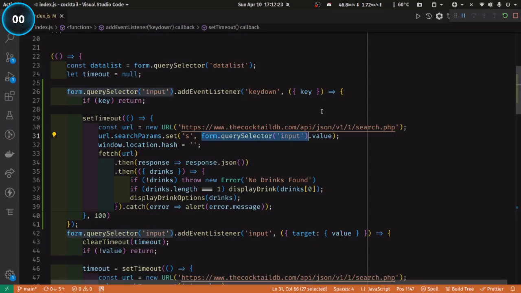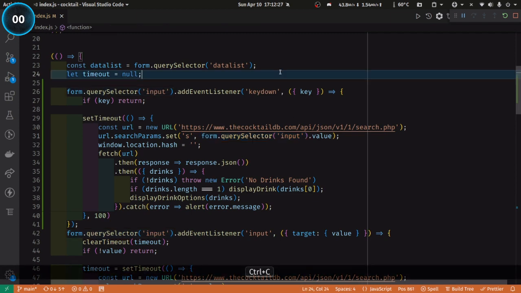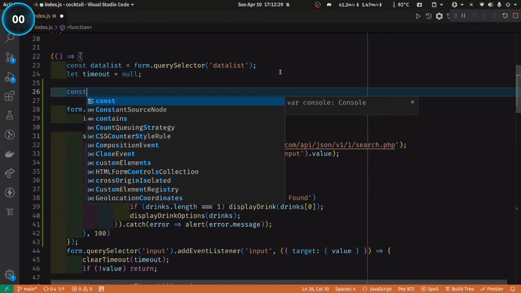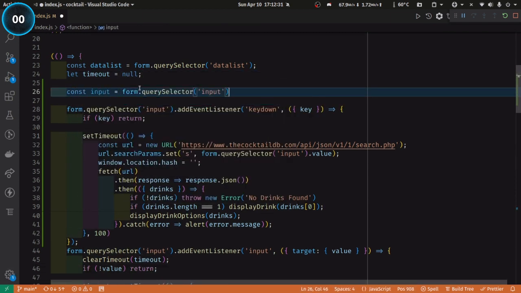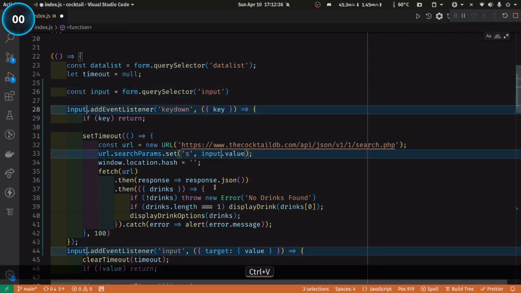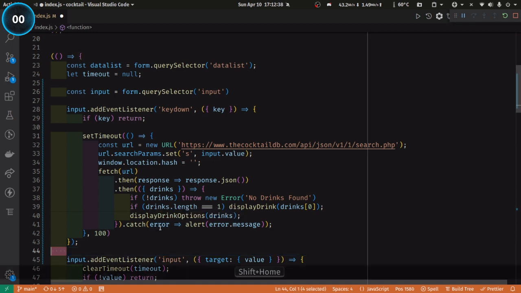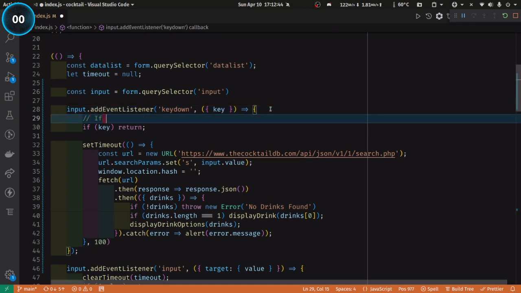I am done. I'm not done. I'm cleaning this up a little bit. I know, Pomodoro break, but const input is to be cleaned up. The code is wet. I must try it out. There we go. Clean that up. So if there's a key, return. Otherwise, I could really explain this. If